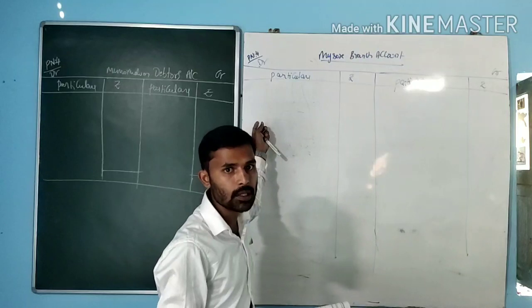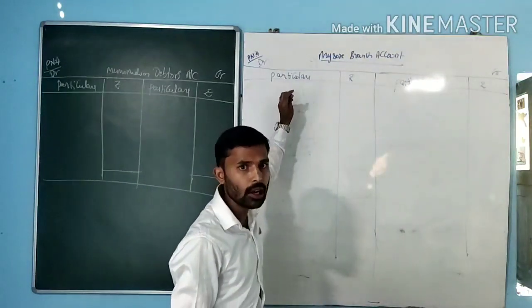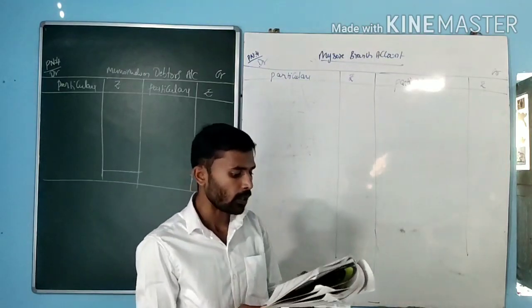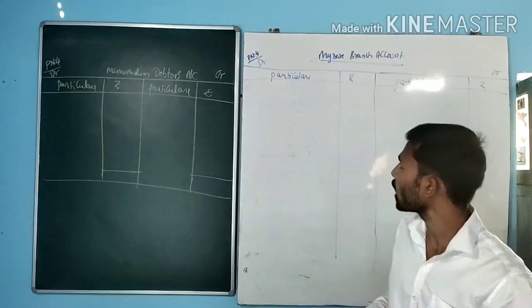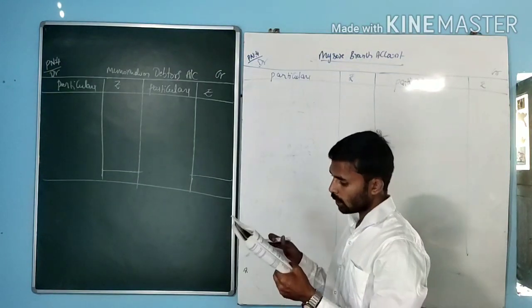Now, in order to prepare the branch account, that is the debit side and credit side. Debit side all expenses and losses, and credit side all income and gain. So we will record all the expenses right now. Now see one by one. Stock at branch, that is the opening stock. Expenses, we can treat it as asset, debit side.